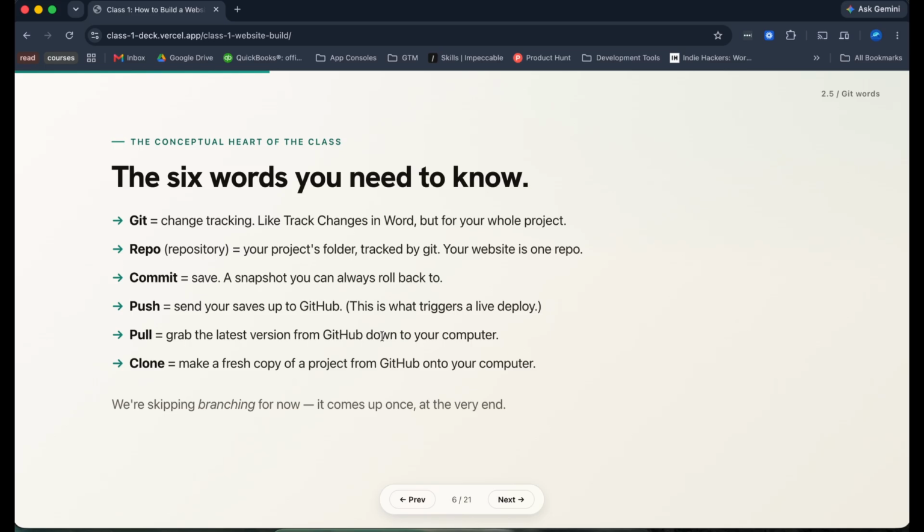A push is when you send whatever you've been working on to GitHub. GitHub lives on the cloud. All of the code that you're doing lives on your computer. So you're basically syncing with the cloud by pushing. When you push, if your computer breaks or something goes completely wrong, you have the cloud backup and you can just pull it down whenever you want, which is the next term. Going from the cloud to your computer is a pull.